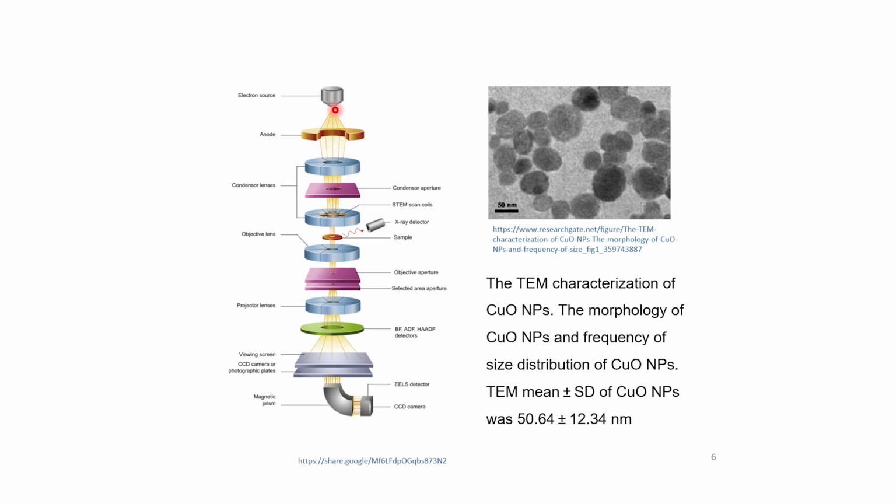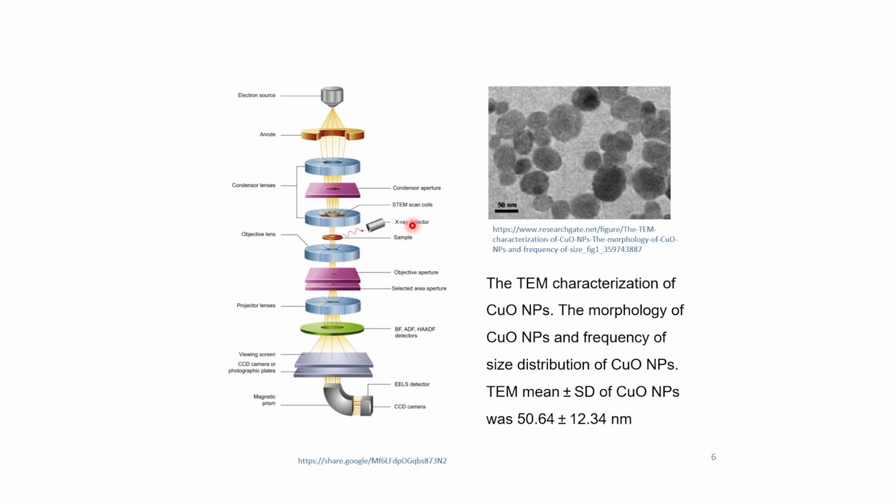An electron beam is focused from an electron source through the anode and all the way through the condenser lenses. It is condensed by the condenser aperture, and then goes to the STEM scan coils, then through the objective lens to the sample. So, from the objective lens to the sample,